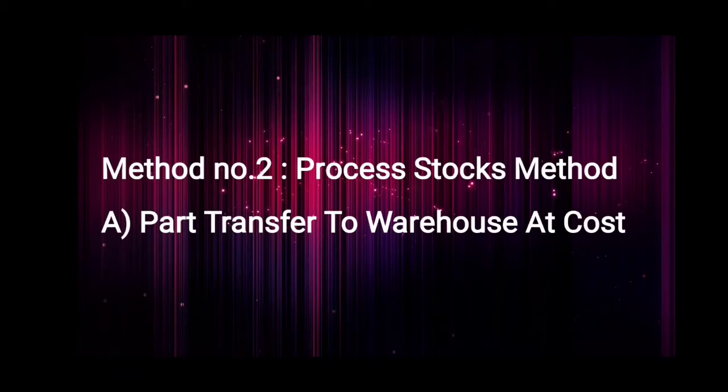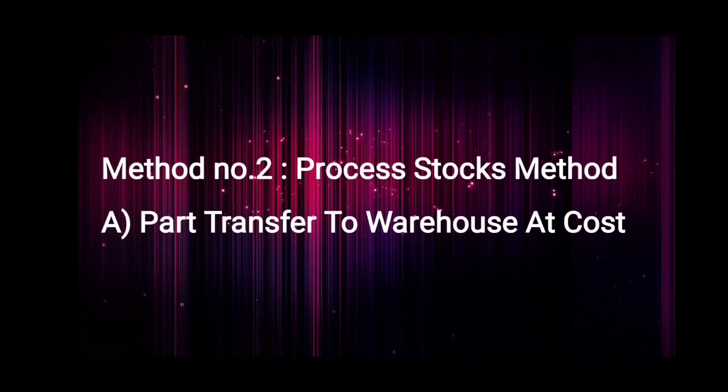In some cases the output of one process is not transferred to the next process. It may be transferred to warehouse for storage or sales. In some cases, a separate stock account is maintained in respect of each process. This becomes necessary when the processes are carried out at different workshops or locations. This helps in control of stocks at different locations and the movement of goods from one location to another.